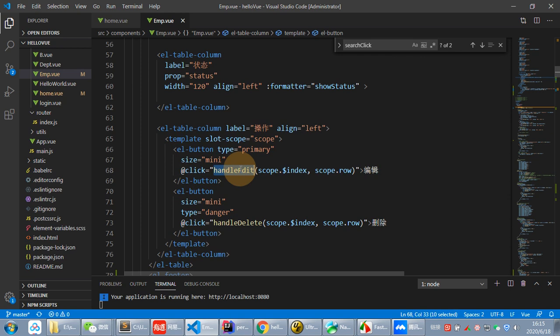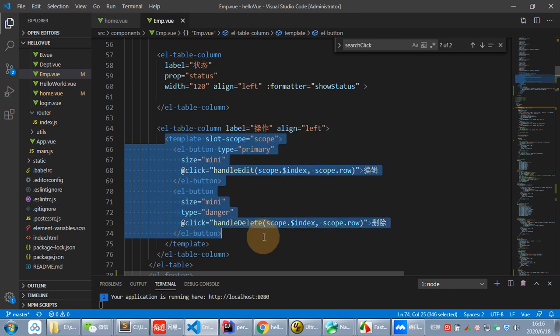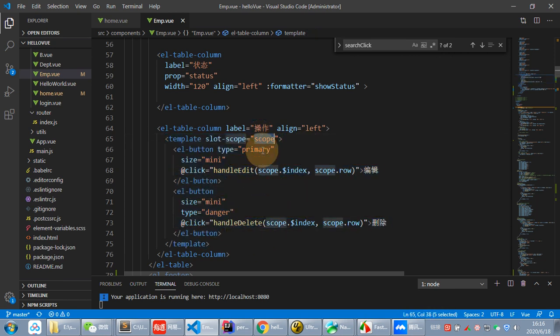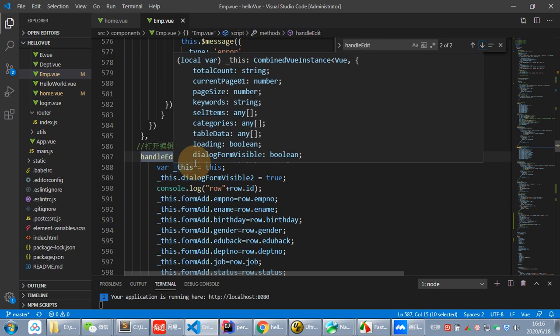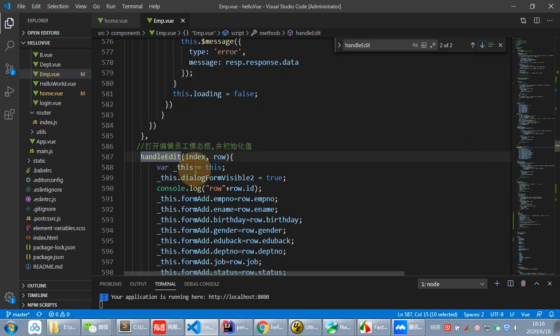In the click event I use a template and give the current row's index and the row object. Then in the edit method event,